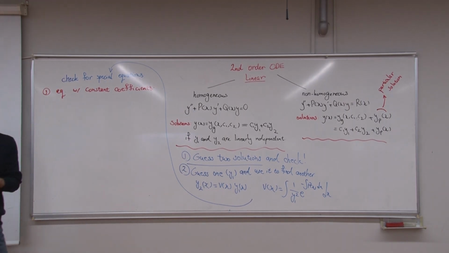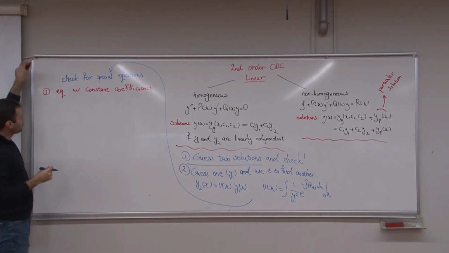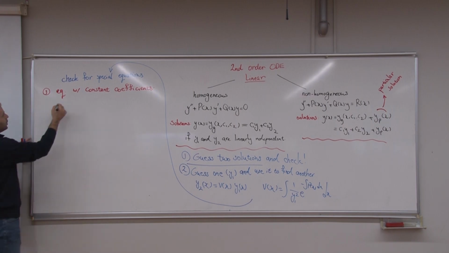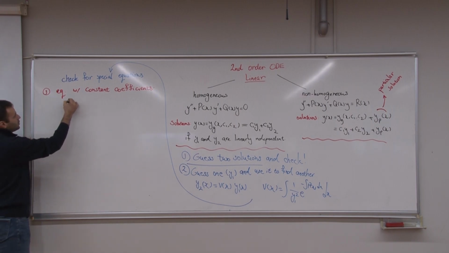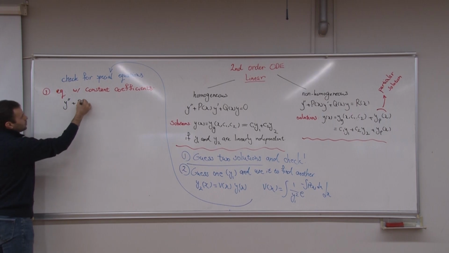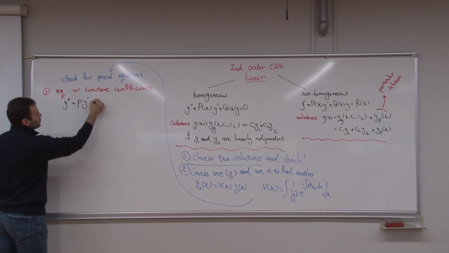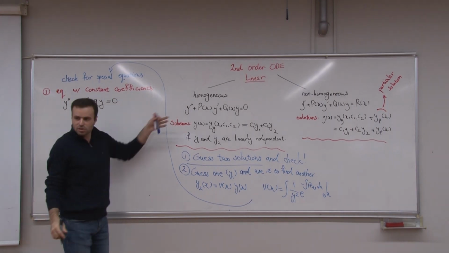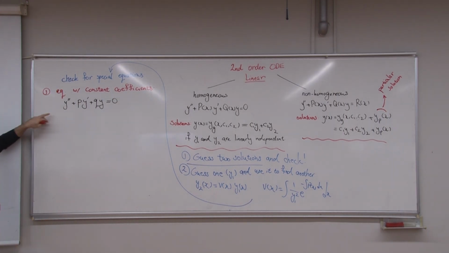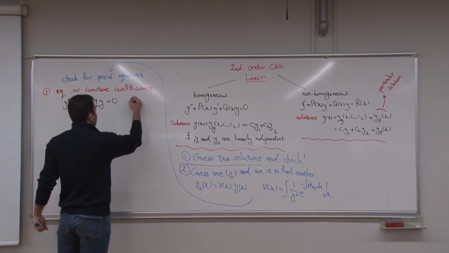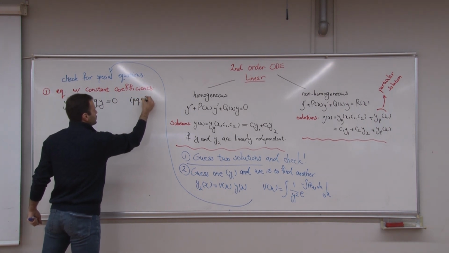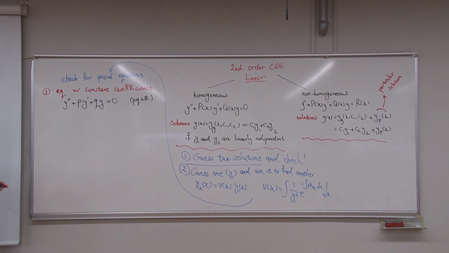What was the general form of this equation with constant coefficients? Yes, y double prime plus p y prime plus q y. And since we are talking about homogeneous equations, it is fine. So if we have this type of equation such that here p and q are just fixed real numbers,